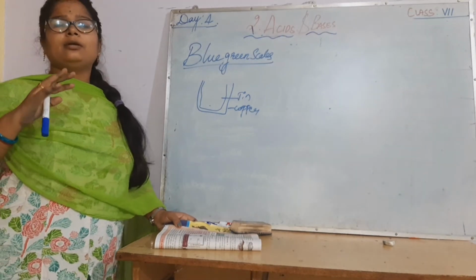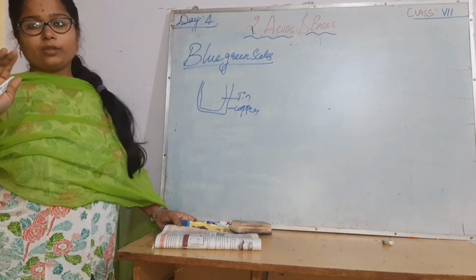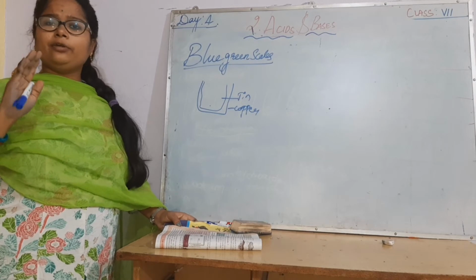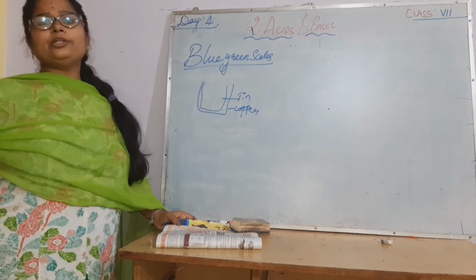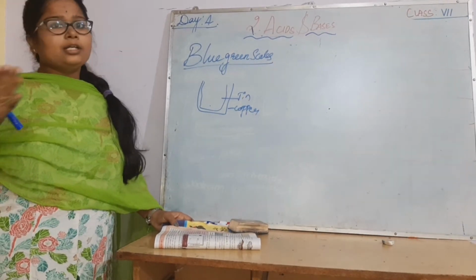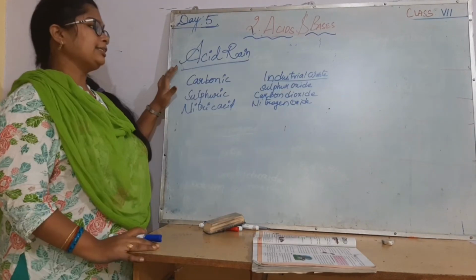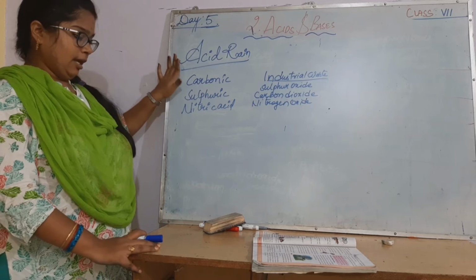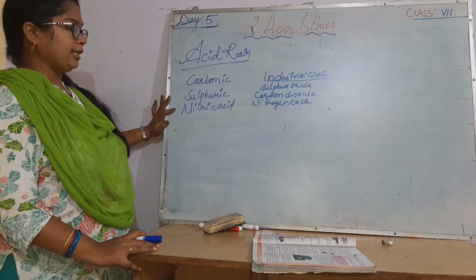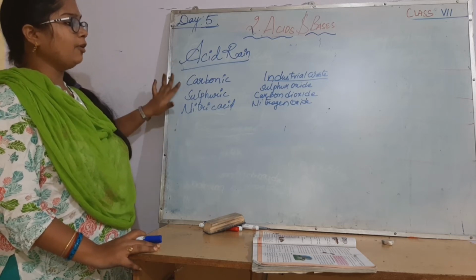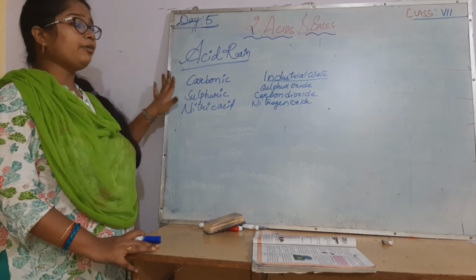It maintains a balanced temperature of the water, which keeps your health very good. So remember, copper, these all are very good. I already said, science is something which relates to your life, so you are supposed to connect it to your life. Next, acid rains. Acid rains are a combination of carbonic acid, sulfuric acid and nitric acid. These three combined form what? Acid rains. So where are you going to get this acid rain from?